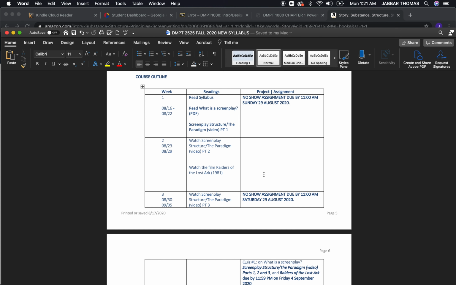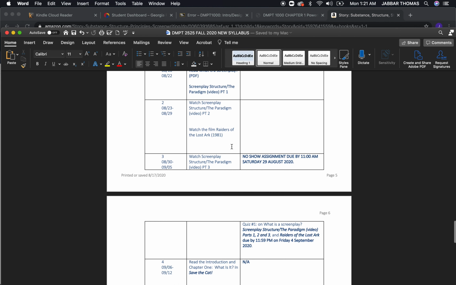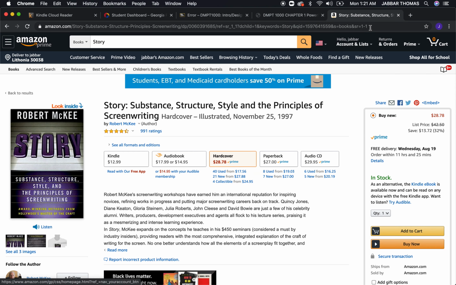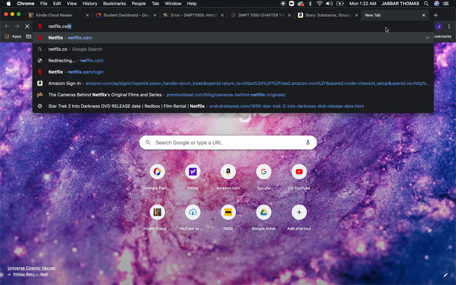Okay, so as you can see, we're going to work our way through the semester. One of the best ways to understand what's going on with the screenplay is to watch a film and read its screenplay. The screenplay for Raiders of the Lost Ark, the Steven Spielberg film from 1981, is on Blackboard. Now I don't have the rights to put the movie on Blackboard because it's violating copyright law to put a movie that doesn't belong to you on the web and offer other people to watch it. But it should be on Netflix.